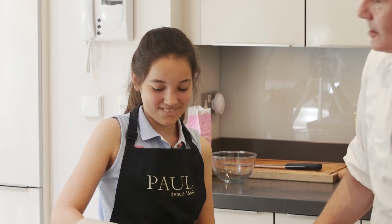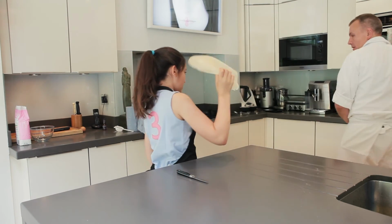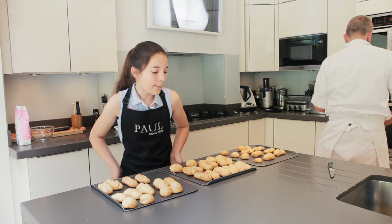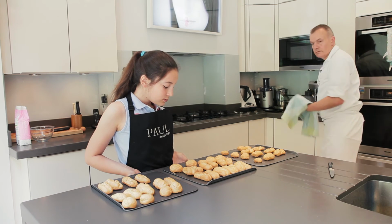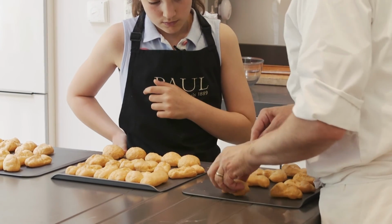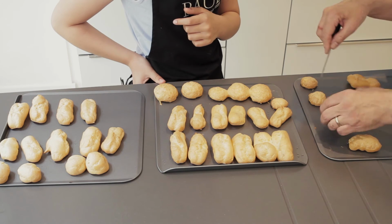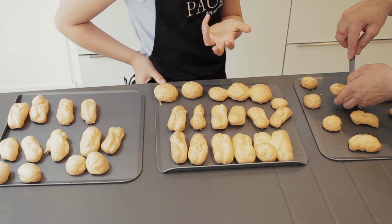Right, shall we get these out of the oven, please? Yeah, that's cool. Right, I'll give you this, because I probably can't do it one-handed without dropping it. They're like mini éclairs. Right, let's turn the oven off. Yummy. I think those look pretty good. Just going to poke a little hole, just to let the steam out, because otherwise